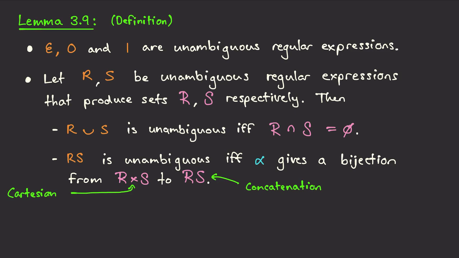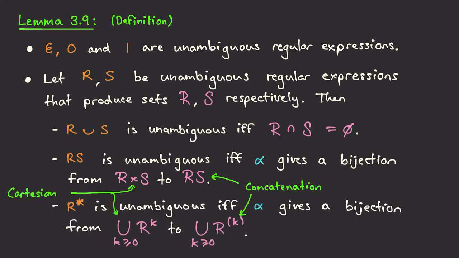This is saying that there is no string you can get in two different ways by gluing a string in pink R to a string in pink S. Finally, the star of a regular expression R is unambiguous if the forgetting punctuation map gives a bijection from the